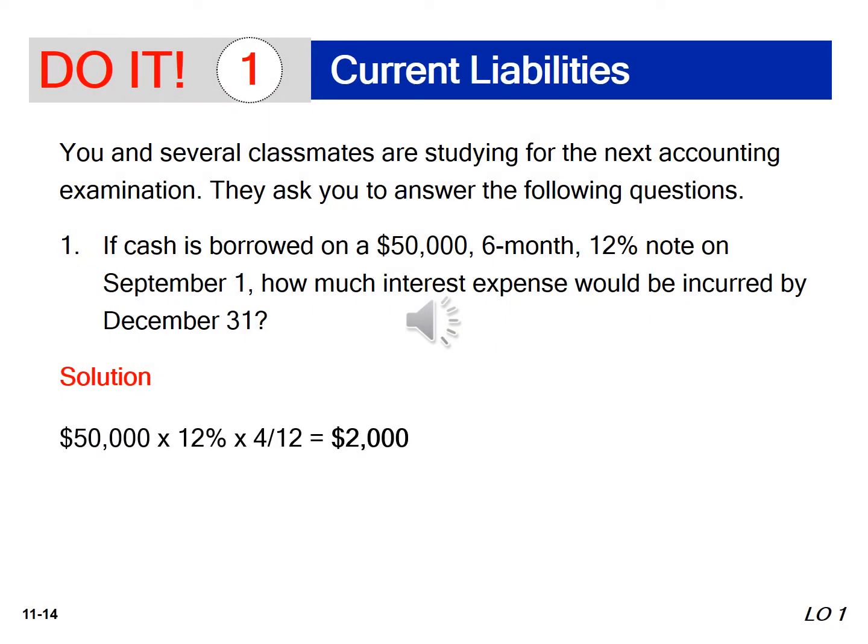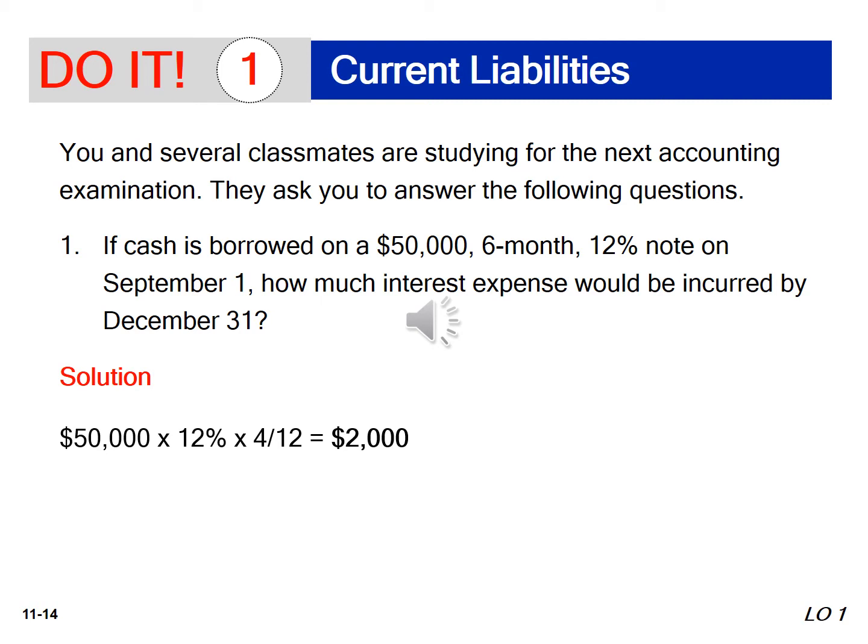Here is a do-it-yourself exercise. It says you and several classmates are studying for the next accounting examination. They ask you to answer the following questions. If cash is borrowed on a $50,000 6-month 12% note on September 1st, how much interest expense would be incurred by December 31st? The solution for this one is basically taking the amount of the note, which is the $50,000,